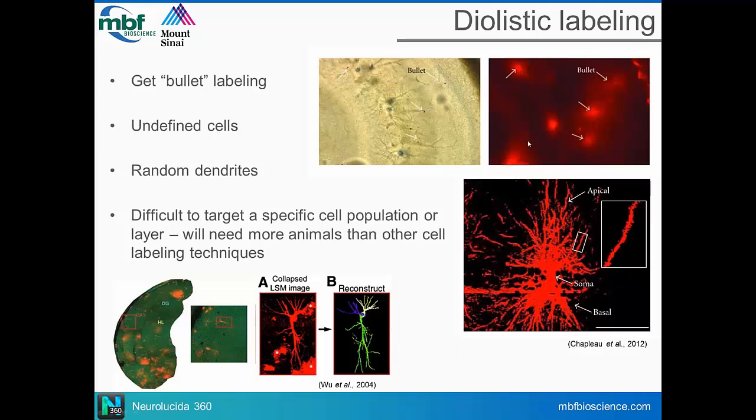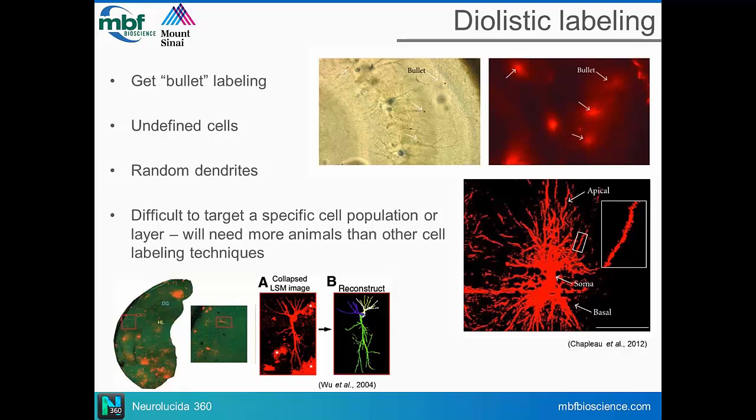You can get a lot of undefined cells, so you're going to have little random dendrites here and there, and you don't really know, is that an apical dendrite? Is that a basal dendrite? If you want to distinguish between the basal and apical, it's a bit more difficult. You also don't necessarily get really defined somas,